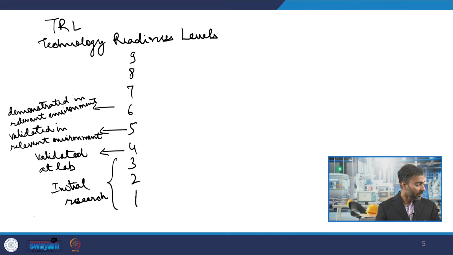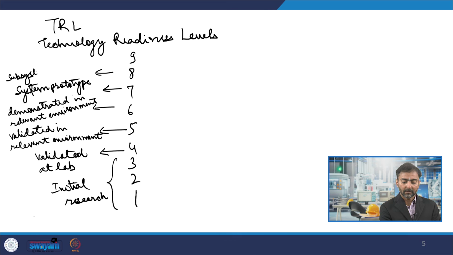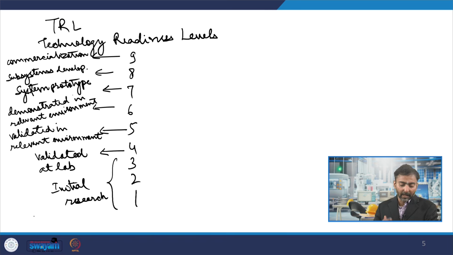And then further we need to develop it. So then you have the system prototype development, around TRL level 7. Then at TRL level 8, you have the subsystems development. And then finally at TRL 9 is where your technology achieves full commercialization. The time frame can be different, but those are the different phases through which any particular